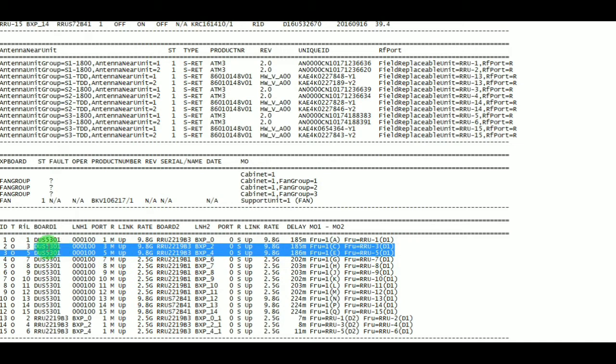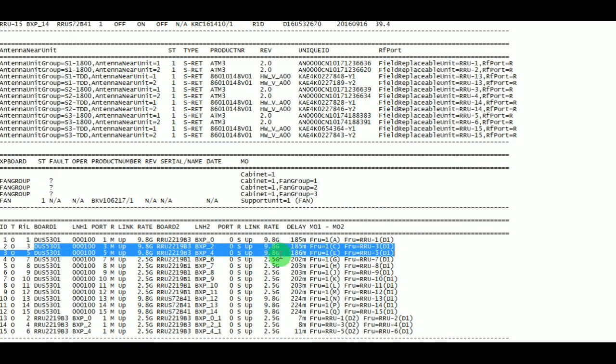Similarly, this is a baseband connectivity. Again, the link status is up, link rate is 9.8 GHz. The far end radio units are RRU 2219B3, which is nothing but sector B, and RRU 2219B3, which is nothing but sector 3, and the link rate is 9.8 GHz.